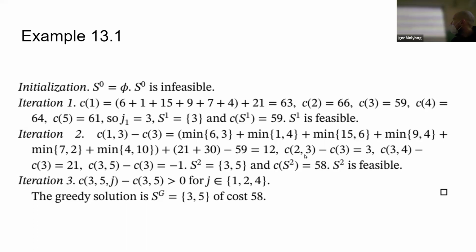For C23, it's 3. For 3,4 is 21, and for C of 3,5 it's -1. And it's clear that the 3,5 is the best option because it's minimal. It's equal to -1, and therefore